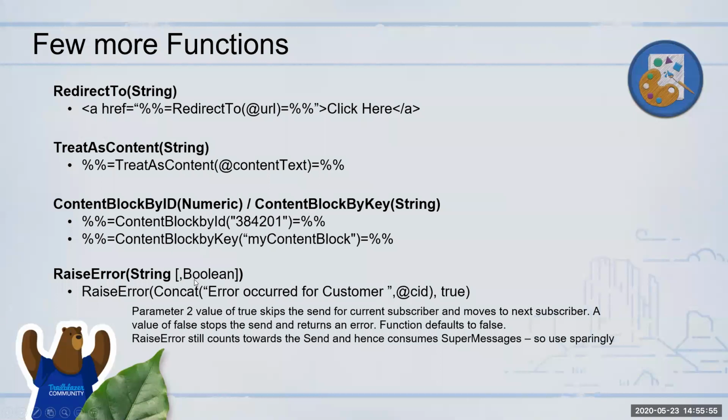And then you can actually specify another value with that. By default, if you give only the RaiseError, it will immediately stop the send, and it will not send any more emails after that. But if you specify to skip it for this particular customer and go ahead, it will continue with the remaining customers that are still in the send queue. Anytime it encounters an error for a particular customer, it will raise the error for that customer. So this is useful for those kinds of conditions.